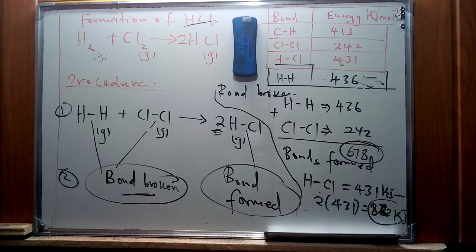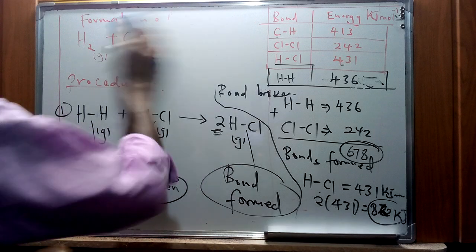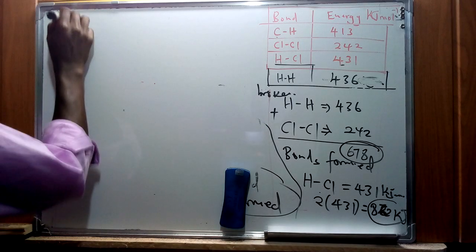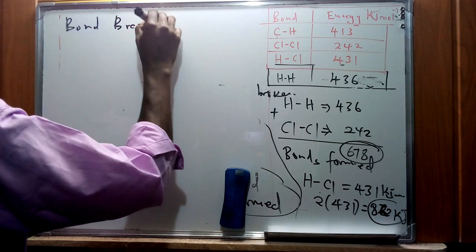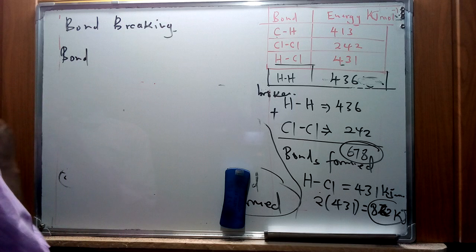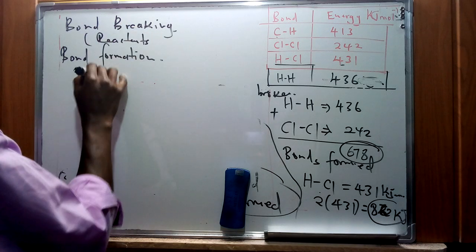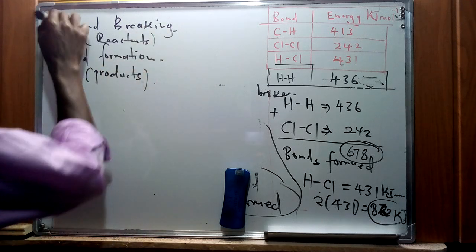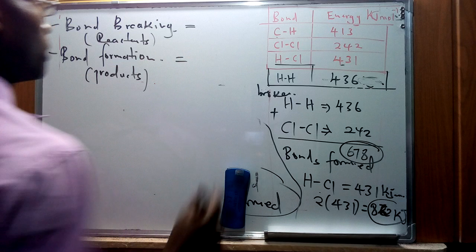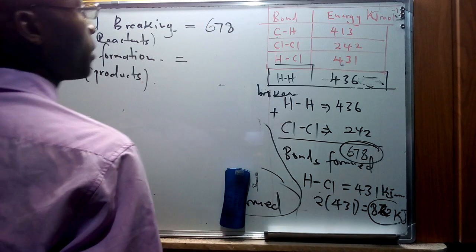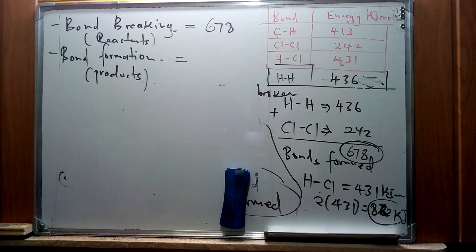So therefore, we're going to have the total energies by finding the sum of those 2 energies. But when we were talking about the concept of endothermic and exothermic reactions, we mentioned that bond breaking is an endothermic process. So I'm going to do away with this. So we have bond breaking for the reactants and bond formation for the product. And we have found those 2 specific values. First, for bond breaking, we have a total of 678 kilojoules, and then for bond formation, we have 862